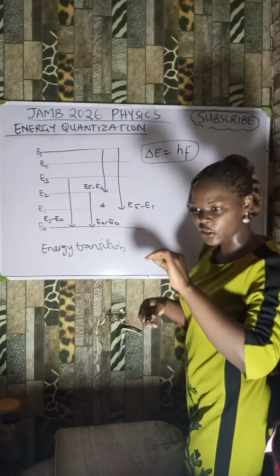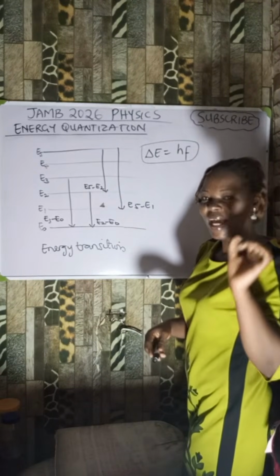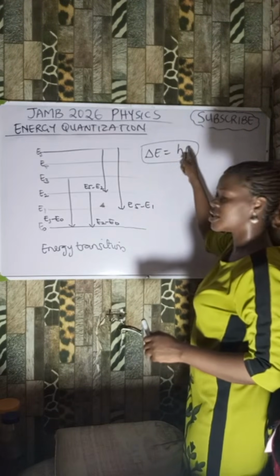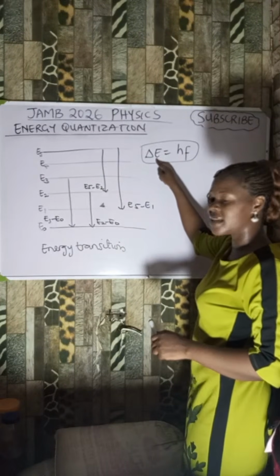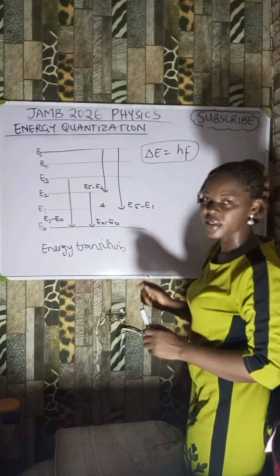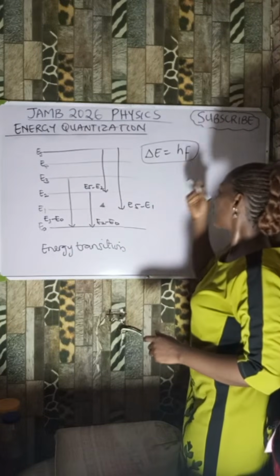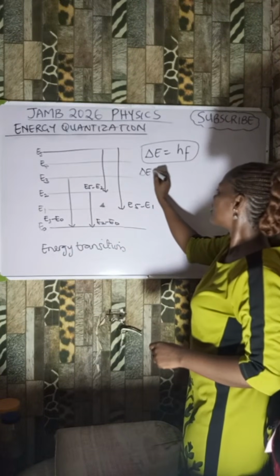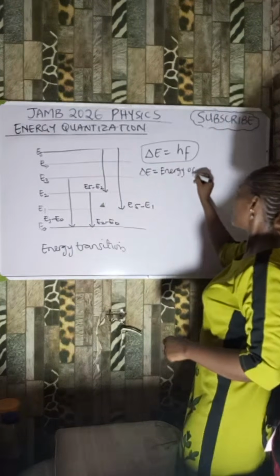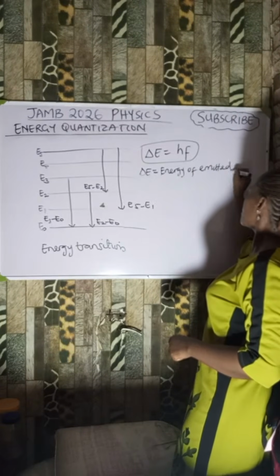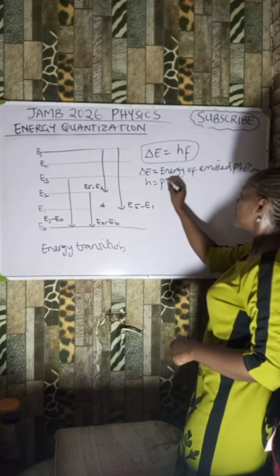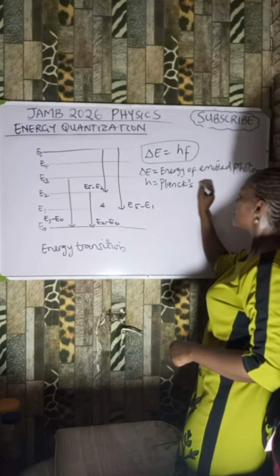This is how they wrote it in your textbook. A quantum of light that has a characteristic frequency of this relationship, right? So the change in energy is equal to hf. What is this delta E? That is the change in energy levels, right? That is from one energy level to another. What is h? Planck constant. What is f? Frequency. All right. So we have that. This is the energy of the emitted photon. Okay. h is the Planck constant.